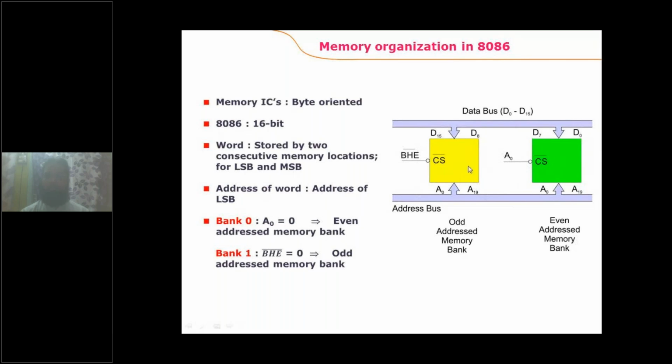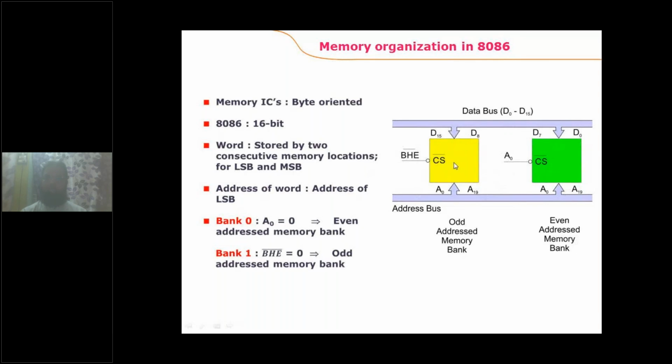Let us take an example of memory chips of total size 32 kilobytes. Suppose both of these chips together provide a memory of 32 kilobytes. That means this chip is 16 kilobytes and this chip is 16 kilobytes. Totally 16 plus 16, 32 kilobytes of memory is provided by both of these chips. I'm just telling an example. So these are the chips which are providing a memory of size 32 kilobytes. This one is providing 16 kilobytes, and this one is providing 16 kilobytes.